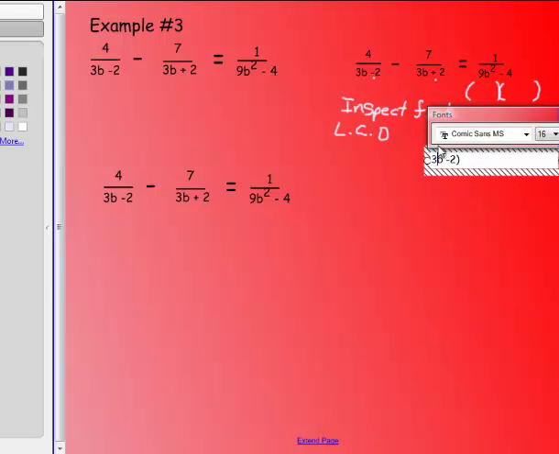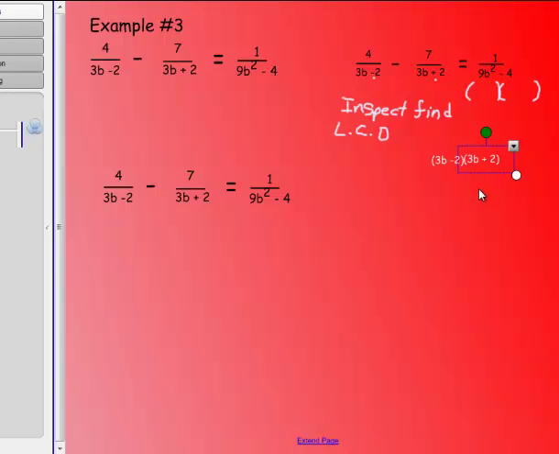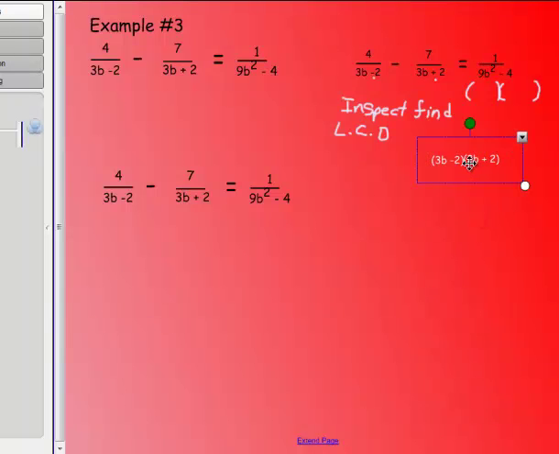Put some parentheses around this one. Let's change that so it stands out. Those together, and